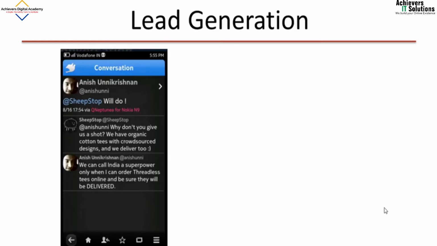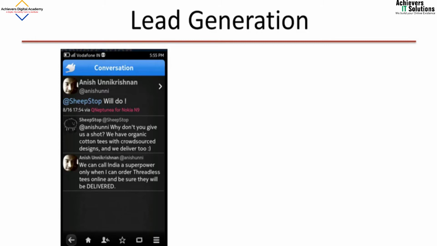So you can see here, this is a tweet from this person named Anish Unikrishnan. He had ordered four t-shirts online from this brand called Threadless, and he didn't get his t-shirts delivered. He was pretty upset and he took to Twitter. He tweeted saying, "We can call India a superpower only when I can order threadless tees online and be sure